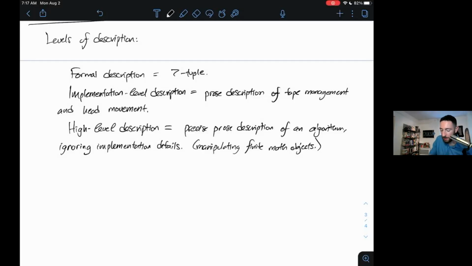And this movement from the formal description to the implementation level description to the high level description, this exploration of all the things Turing machines could do led historically to this philosophical thesis. So I suppose you could say this is a law like gravity is a law. This is a law about what we've observed about computation and what we think about the world. Actually, don't quote me that it's a law like gravity is a law. Physicists will object. This is not the same thing. But the Church-Turing thesis essentially says that our intuitive notion of an algorithm